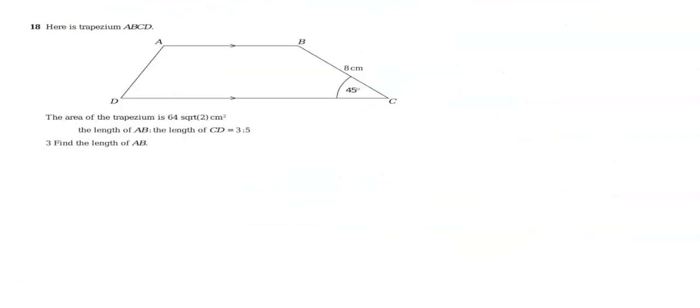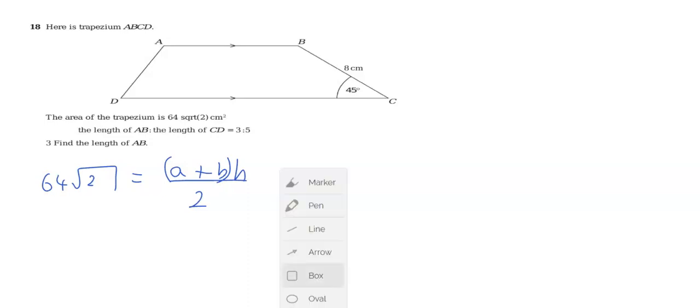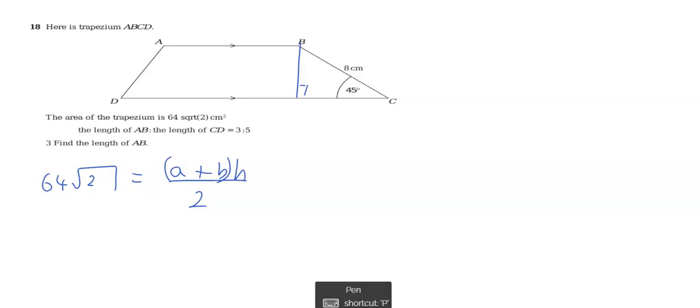Now here we have a trapezium which has an area of 64 root 2. And that, of course, is going to be a plus b times h over 2. And we eventually have to find the length of AB, which I'm calling a here. And so we need to know the height. Now this is a bit sneaky of them, because the height of this is 8 sin 45, but you are supposed to know